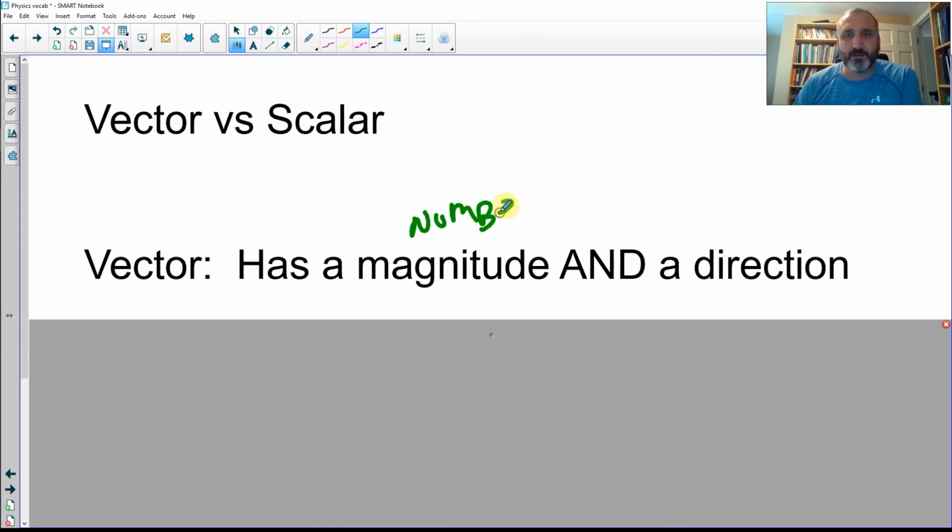So when we have anything that we can quantify, 10 meters, 23 degrees of elevation, we're talking about something that we can put a number on, but we can also put a direction